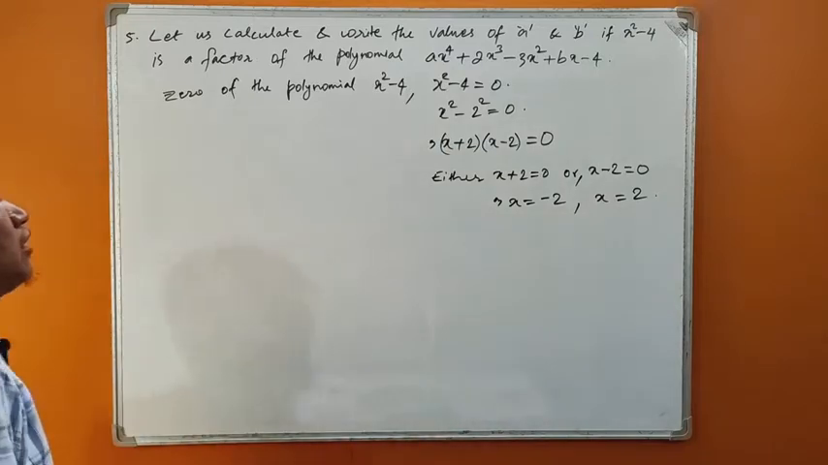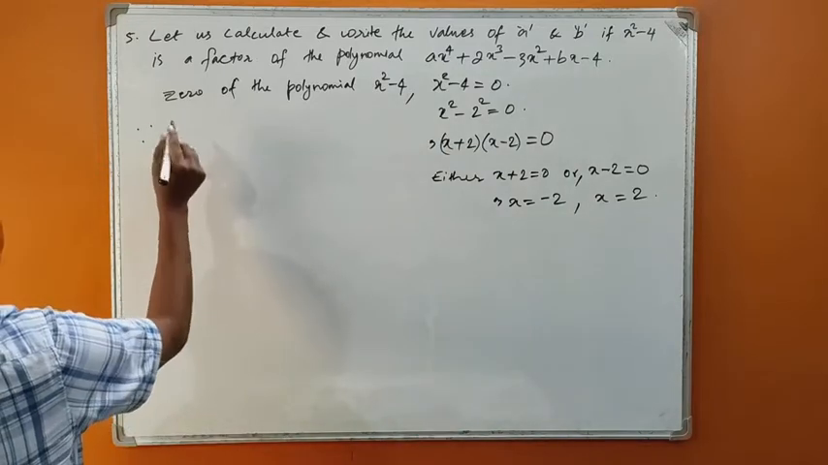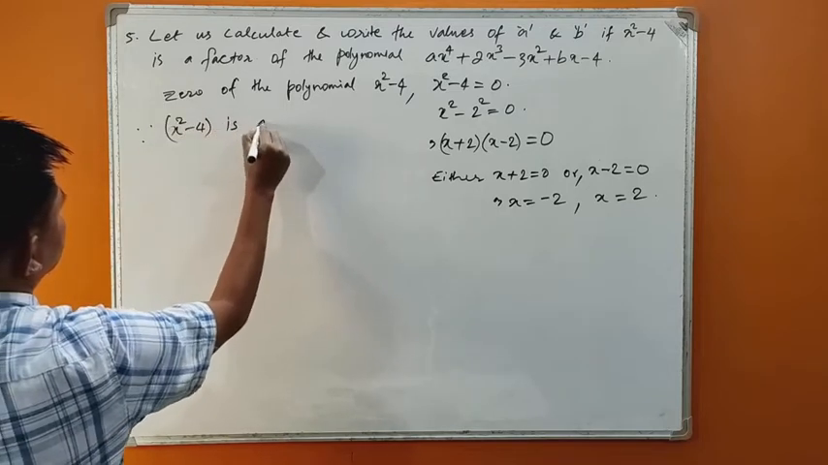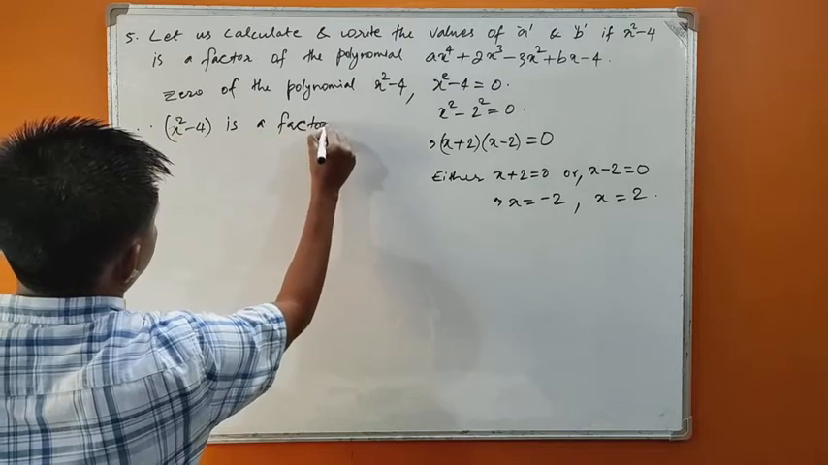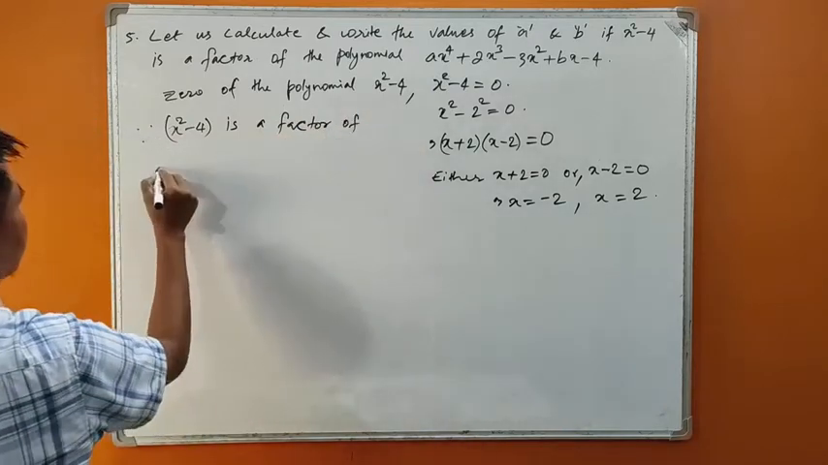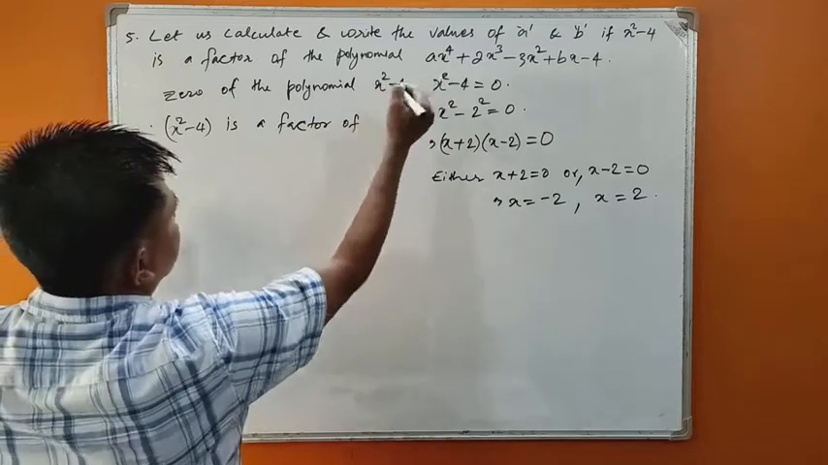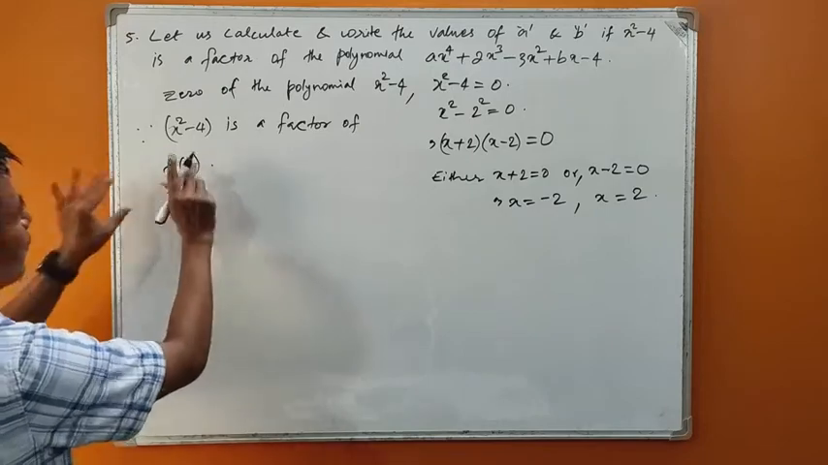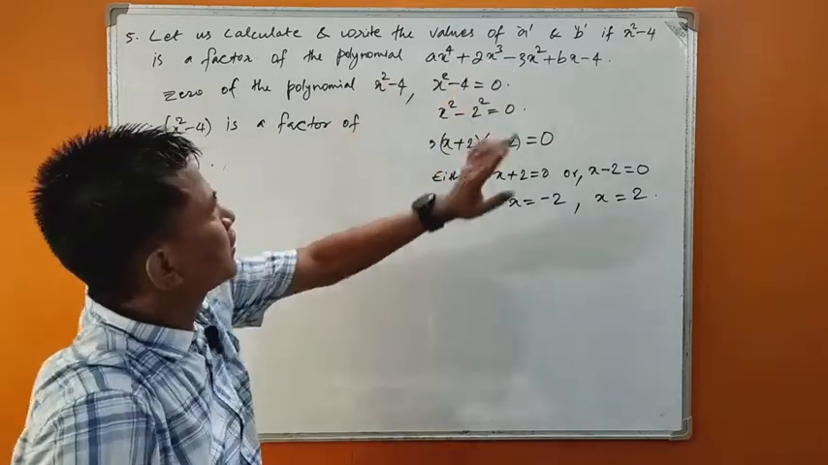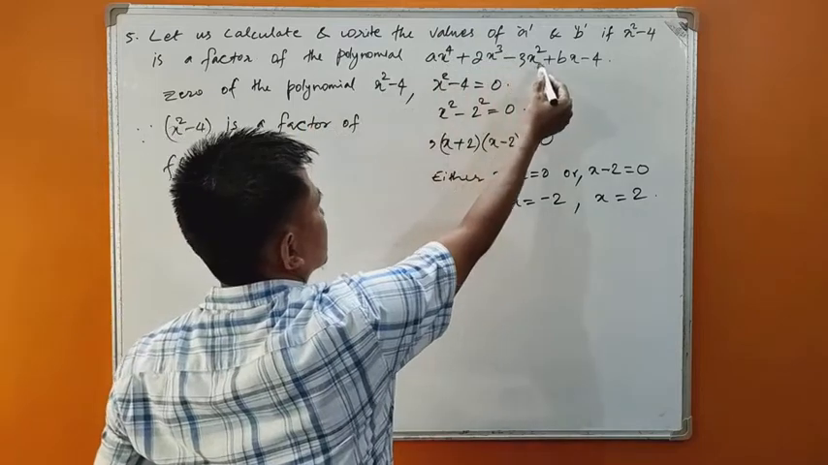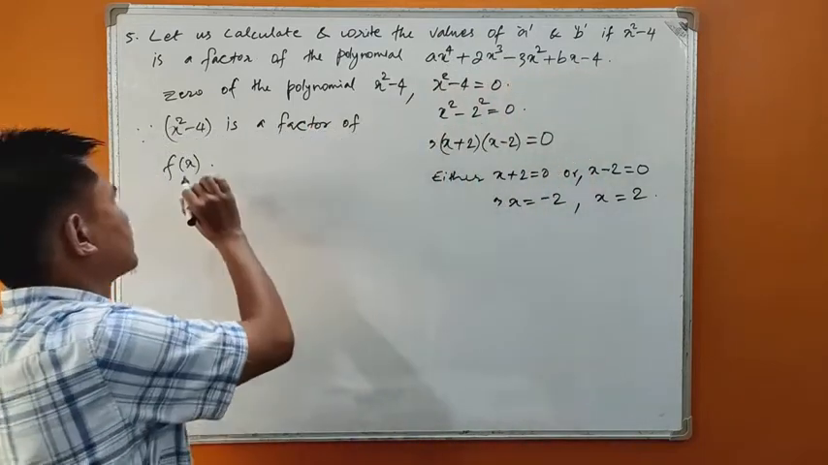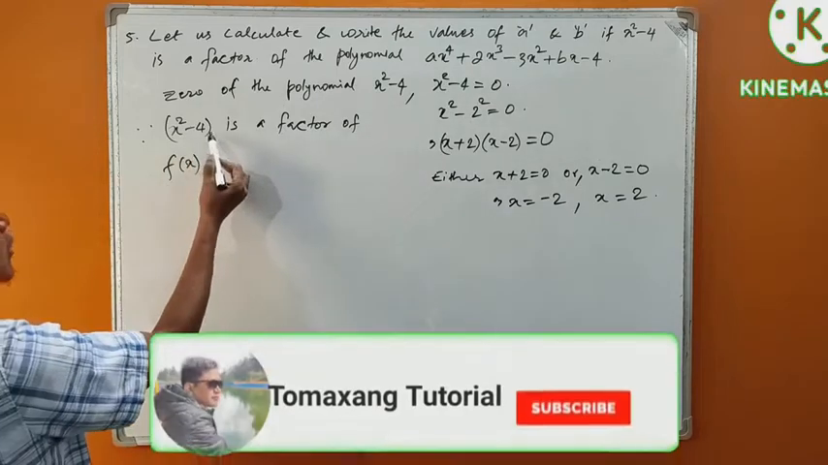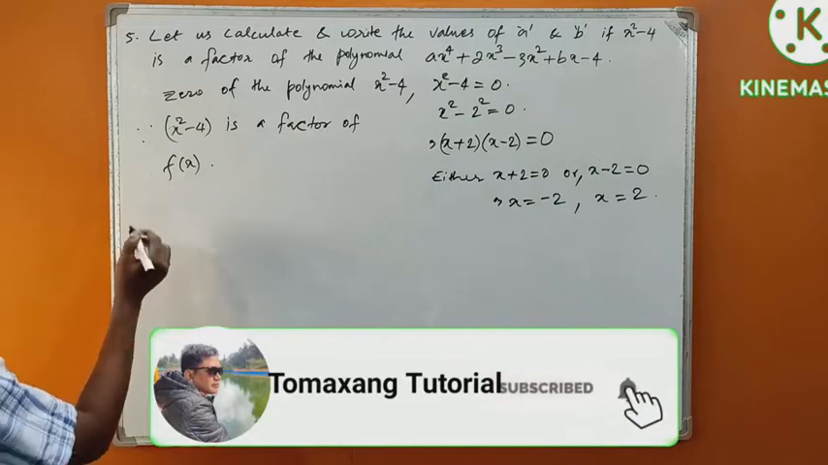Okay, now since x square minus 4 is a factor of the expression, let this be f(x). I don't write all these things. f(x) means this: ax to the power 4 plus 2x cube minus 3x square plus bx minus 4 is f(x). I'm just supposing it because it takes a lot of time to write all these things, isn't it? x square minus 4 is a factor of f(x). Okay, that means